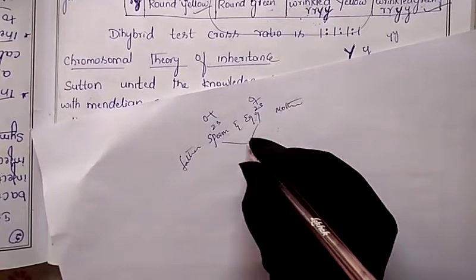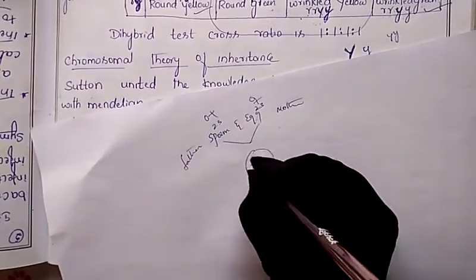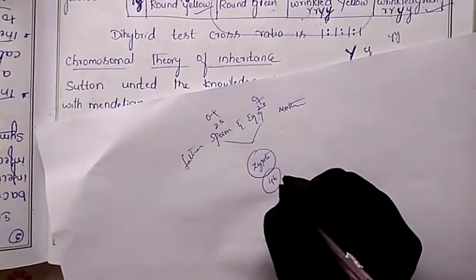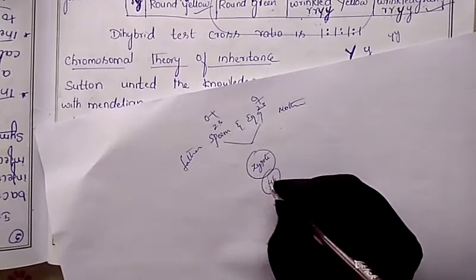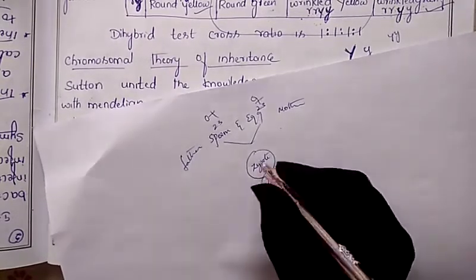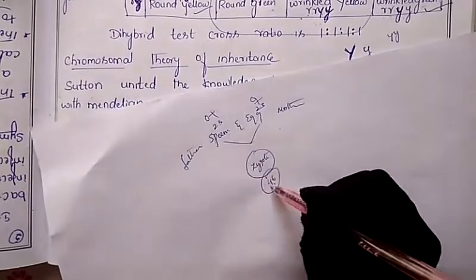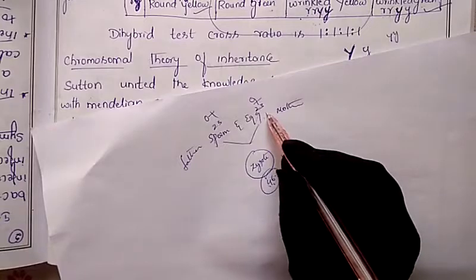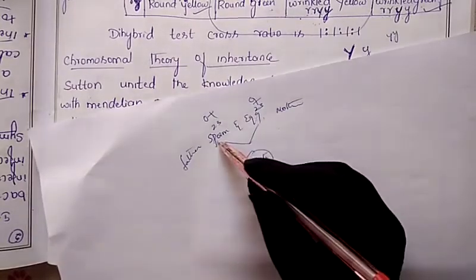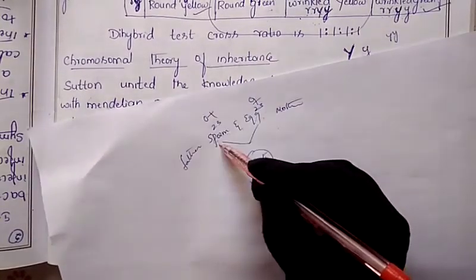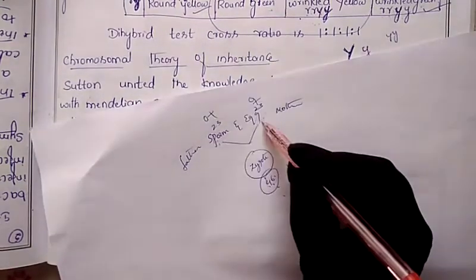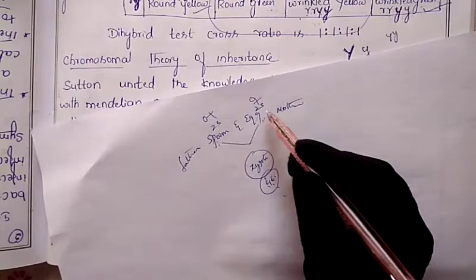When the fertilization process takes place, the zygote forms. So in total, how many chromosomes will the zygote get? 46 chromosomes will enter the body. Of the 46, 23 are contributed by the sperm and 23 by the egg. That means 23 are contributed by the father and 23 by the mother. The 23 chromosomes from the sperm carry the characters of the father, and the 23 in the egg carry the characters of the mother.